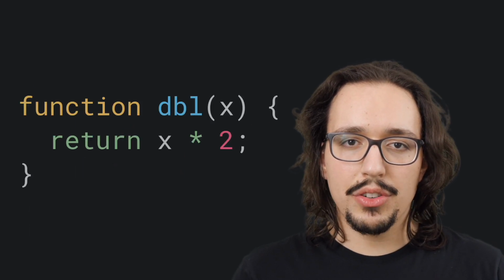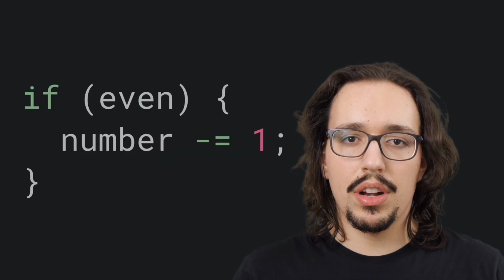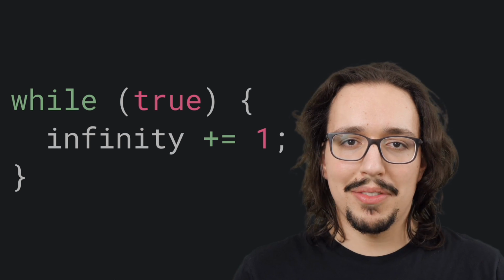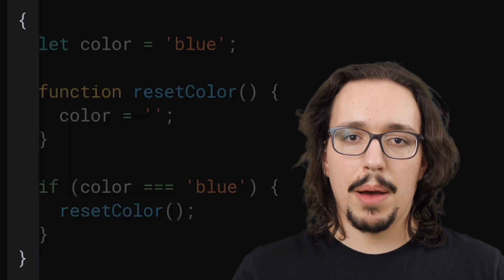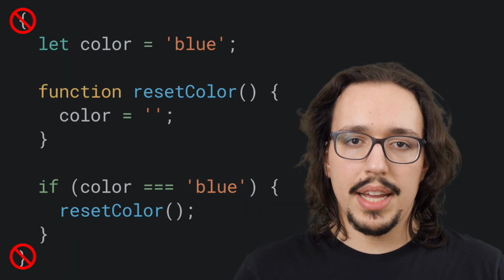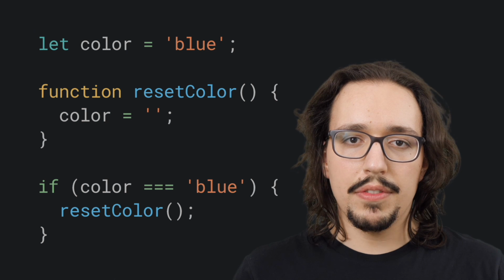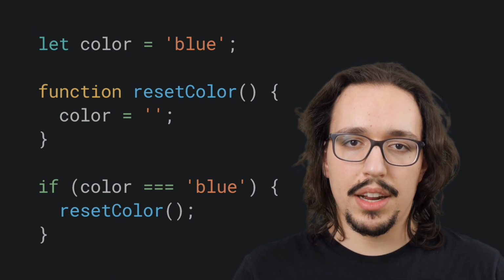When we declare functions, the thing between curly brackets is a block. If statements have a block, for loops have a block, while loops have a block, and so on. All the code we write in a JavaScript file is wrapped inside of a hidden block. We can write curly braces if we want, but they are not necessary here. The important thing to know is that every line of code in JavaScript is always inside of a block.